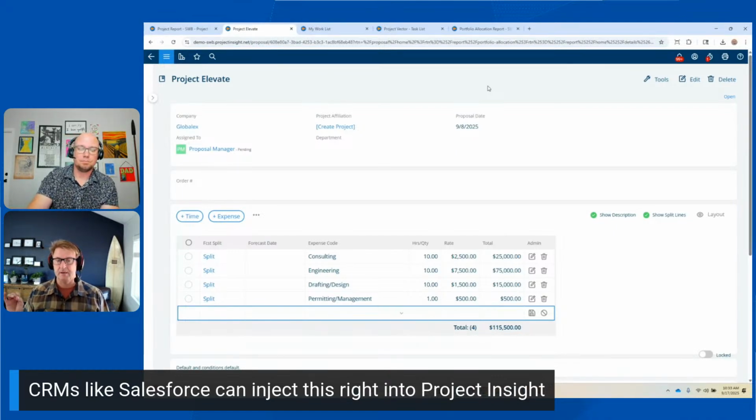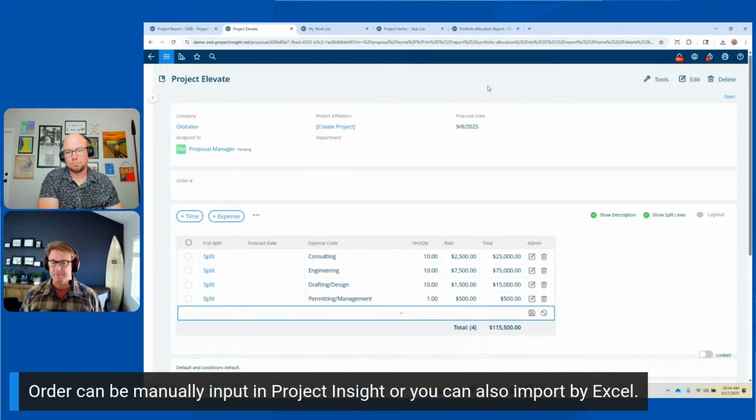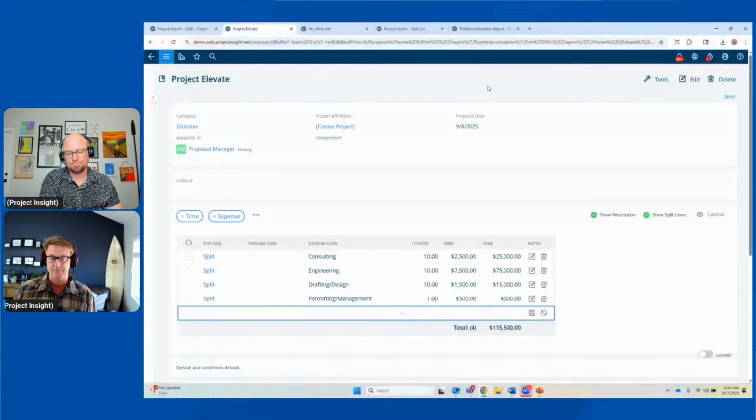And I want to mention too that not only could it be Salesforce, NetSuite, HubSpot, any kind of CRM system, wherever that order originated, the order can be manually input into our tool if you want to. Let's say you just want to start here and go that way, or we actually have an Excel import too, so that you can automate the process yourselves without using the integration. And then sometimes clients will have us do something special, like maybe you have a special Excel file used to do quoting, then occasionally we'll do a mapping of that to our Excel import so someone can just upload it right in. So there's lots of ways to get this order into the tool,